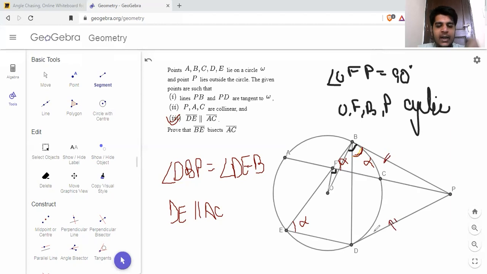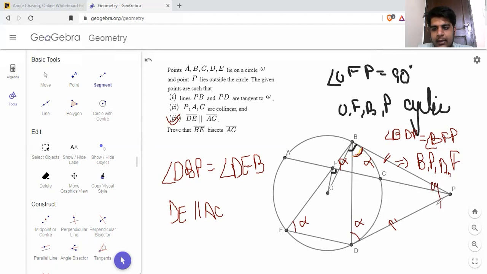Now in triangle PBD, since this is an isosceles triangle, this is also alpha, which means since angle BDP is equal to BFP, we get BPDF cyclic,